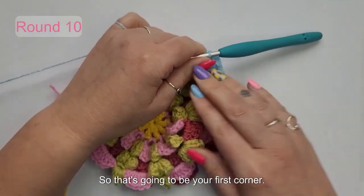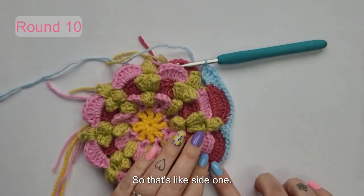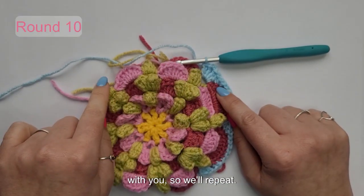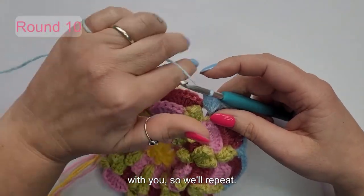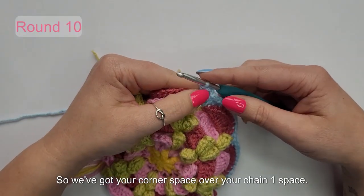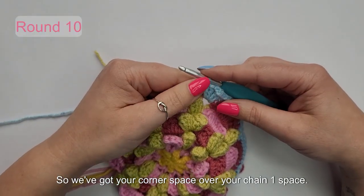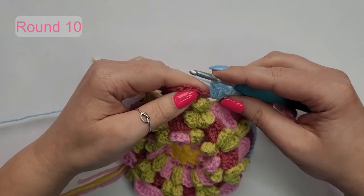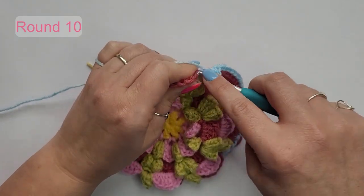So that's going to be your first corner. So that's like side 1 and your first corner. So I'll do this side with you. So we'll repeat that. So we've got your corner space over your chain 1 space. So now we're going to skip 1 and we're going to do